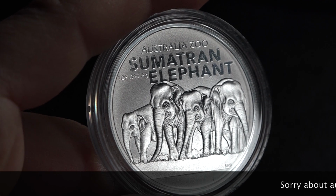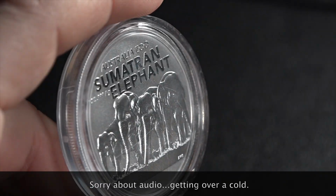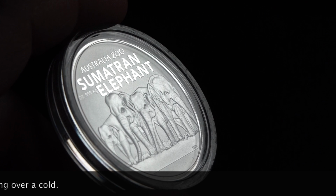You are looking at another amazing coin coming from the Royal Australian Mint, highlighting the Sumatran Elephant. Everything you need to know about this coin to understand if it's right for you and your collection today on